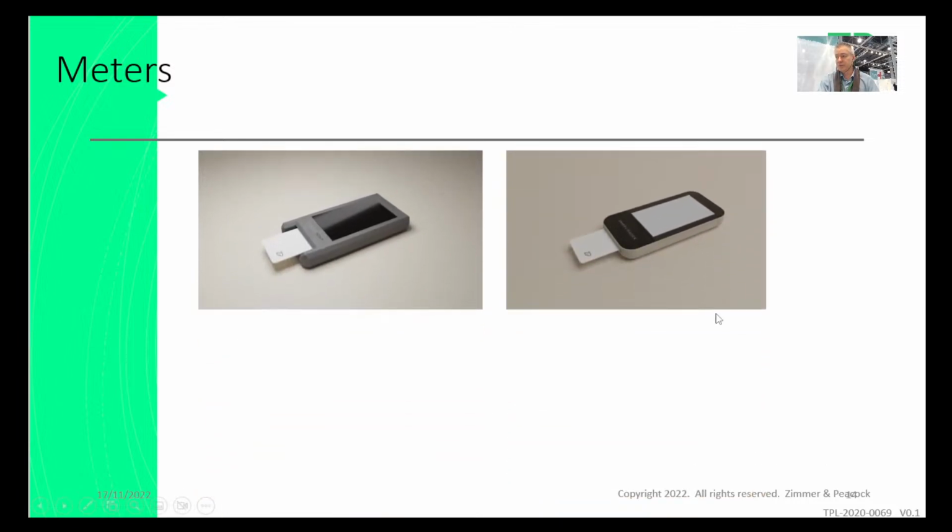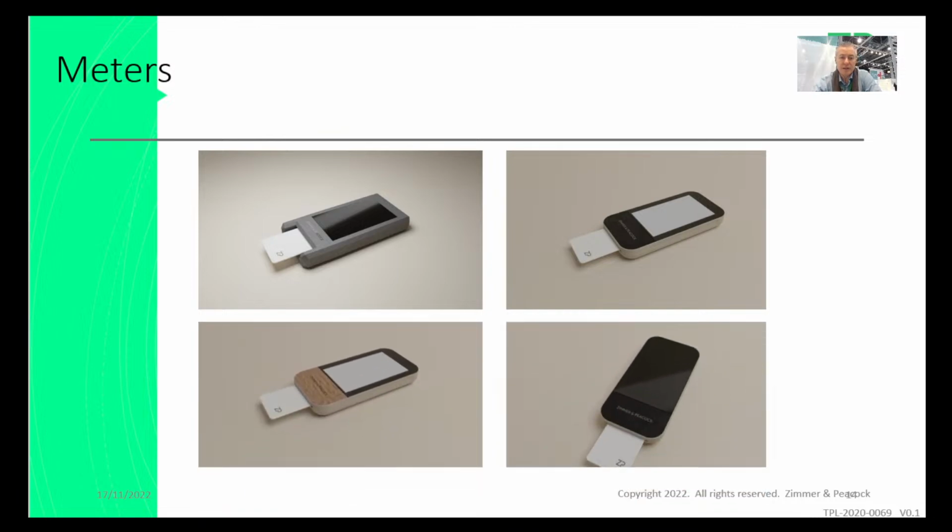Just something that's coming from Zimmer & Peacock is this multi-channel reader, which can probably read 6 channels at a time. These are a couple of concept drawings, but we're designing these and I'm going to make them available. So essentially you can build a sort of credit card sized medical diagnostic, and you'll be able to slot it into this multi-channel reader and read up to 6 channels at a time.